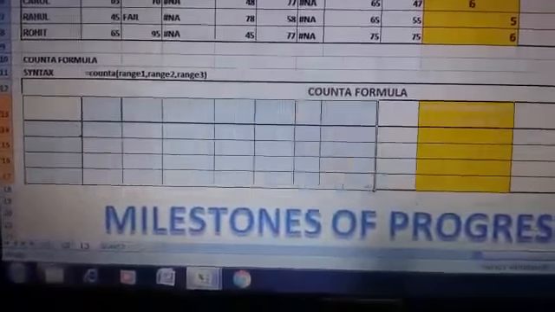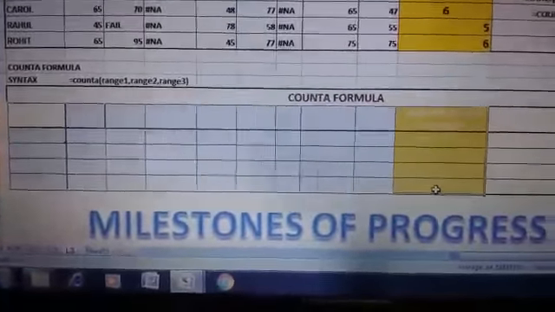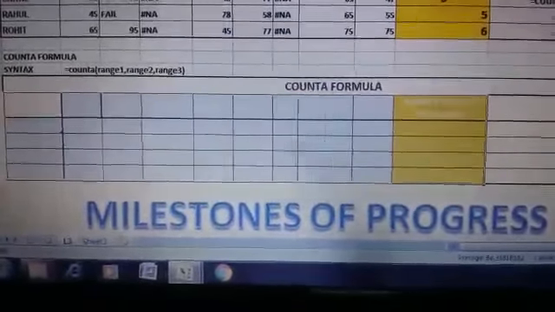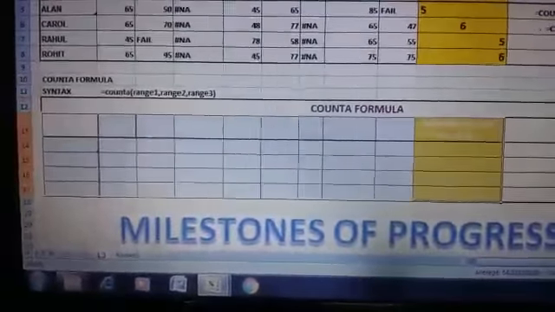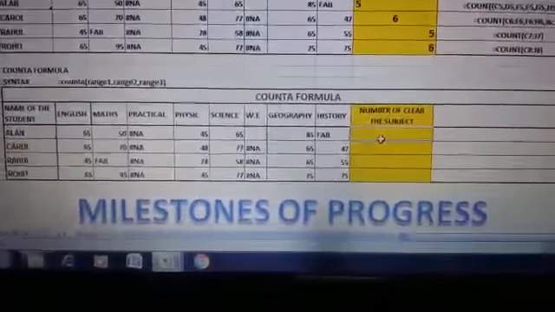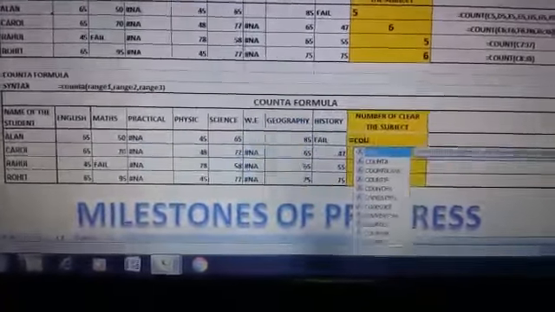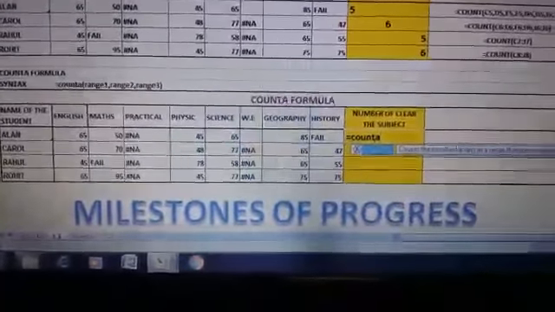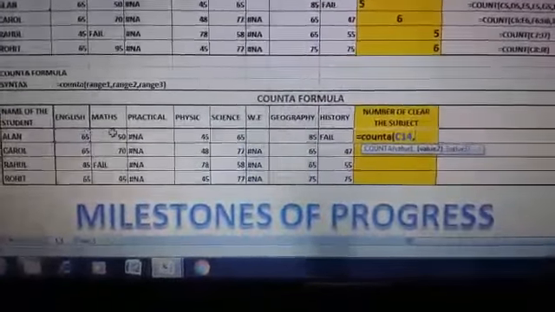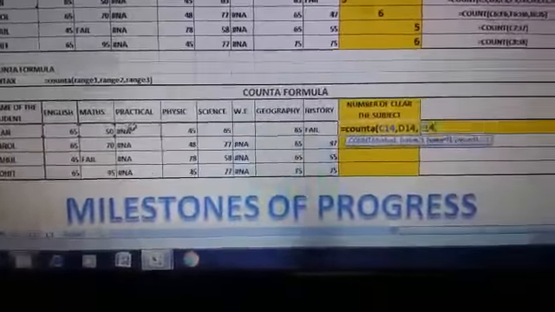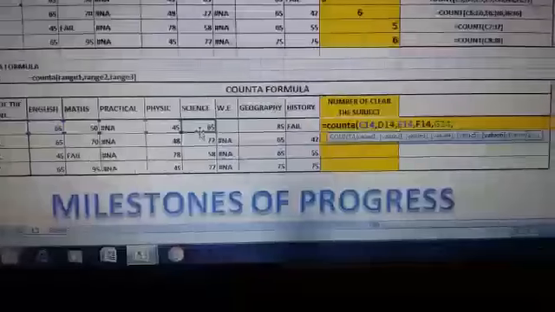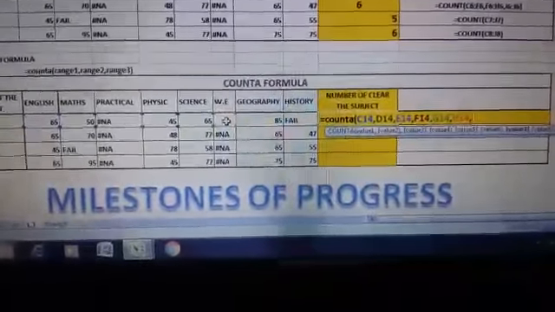Friends, here is the same data of the students who have given the exams, and we calculate how many papers they have cleared. Okay, the COUNTA formula. Let's start with the COUNTA formula equal to COUNTA, then first bracket, and select number 1, comma, select number 2, comma, select number 3, comma, select number 4, comma, select number 5, comma, number 6,